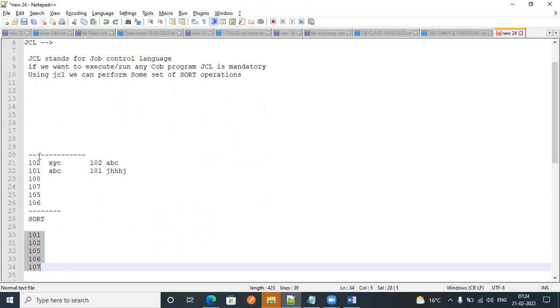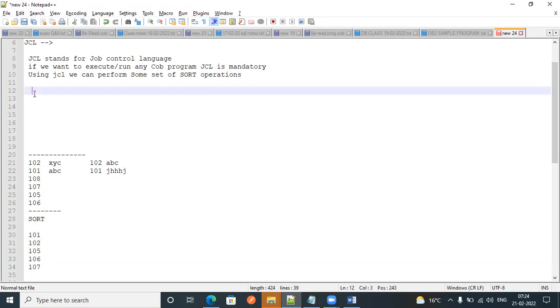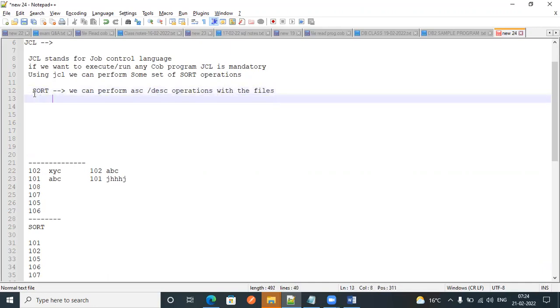In a sort, we can perform ascending or descending operations with the files. Next one is, suppose there are some duplicates.